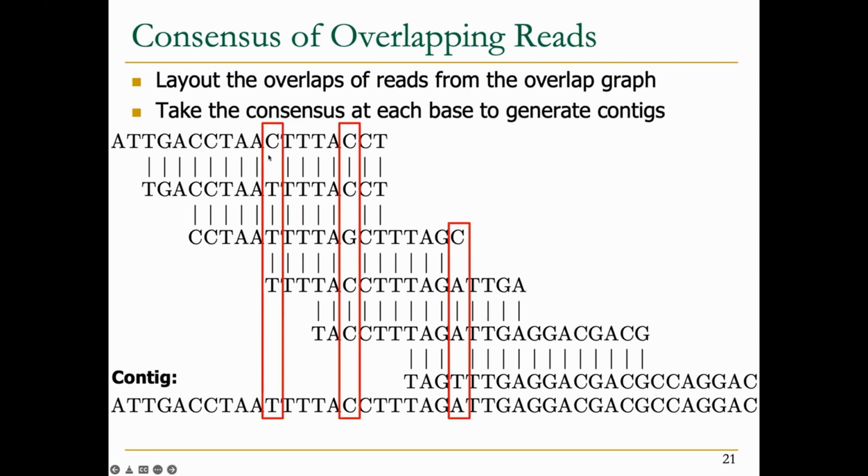It essentially, for every position of a contig, for every corresponding position in the reads and the overlaps, we basically take a look at all the bases that each overlap is telling us. For example, in this case, these 3 reads are telling us there should be T here, and here this read is telling us there should be C here. So which one should we believe? We should of course believe the ones that are